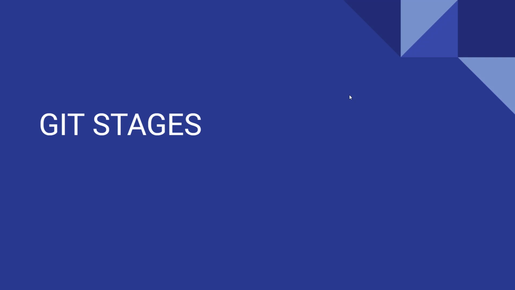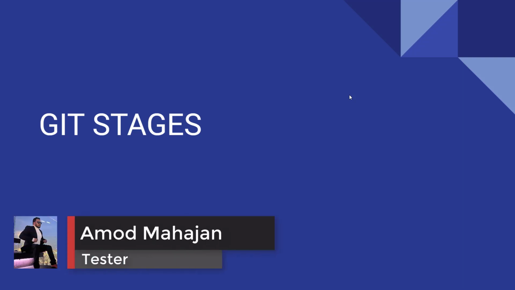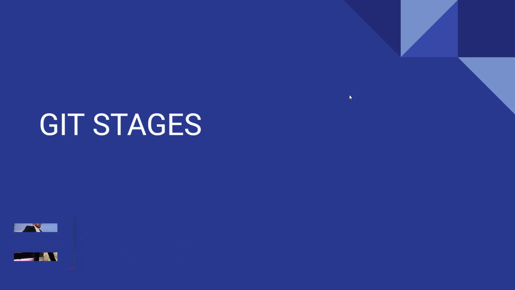We know that Git is a version control system, and if you are using Git in your project, then a file travels through different stages in a local repository before it is pushed or published to a remote repository. It is very important to have knowledge about Git stages to understand the Git workflow better. We will learn different stages of Git with examples in this video.